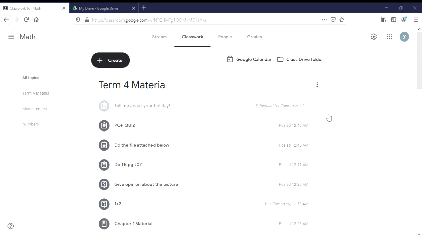They can put the file here. Or if you allow them to answer or submit to you in a Google Docs form, they can just create a doc, click on it, type their answer, close it, and then turn in if you allow them to do so.